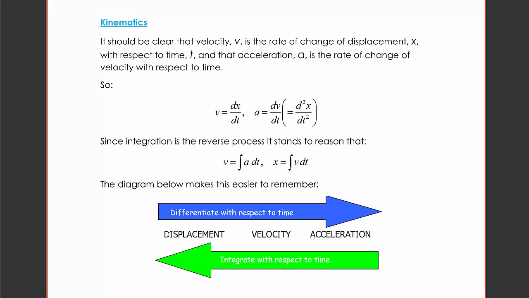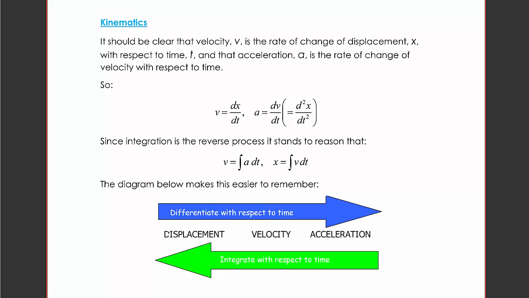It should be clear that velocity is the rate of change of displacement with respect to time. So if you're going faster, you cover a greater distance in the same time. And then acceleration is the rate of change of velocity. If your acceleration is greater, your speed is changing